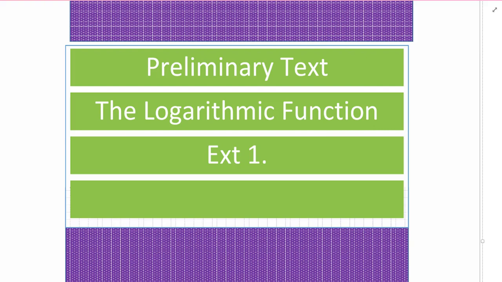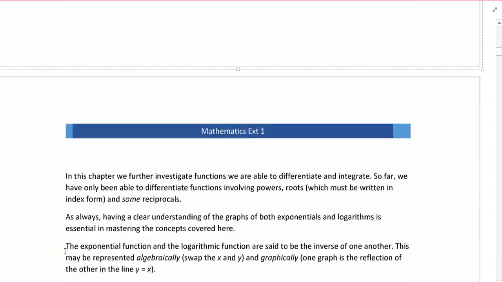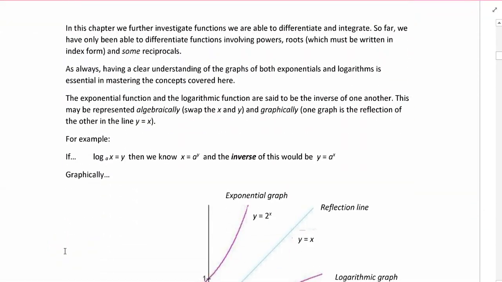More on that later. Obviously, we're going to do a bit of revision of logs, and you'll find that this chapter is followed by the exponential chapter, and